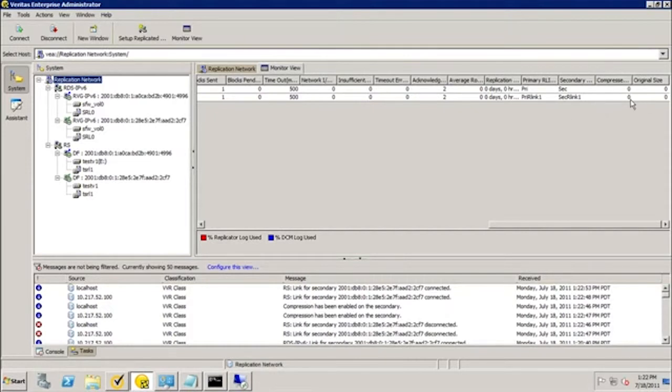It can be seen from here that the compression has been enabled and it's set to 0. As soon as we copy the data, the compression will show some data here.